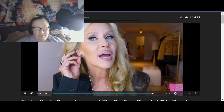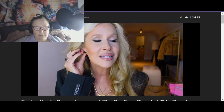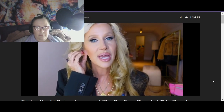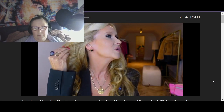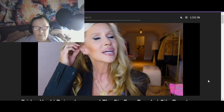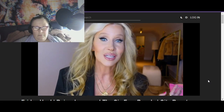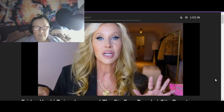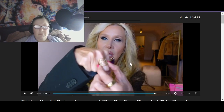For earrings, I have on my big, large knockout studs in onyx. These and the clear quartz ones are must-haves. They go with everything. They're big and pack a punch, but they're not heavy. And someone asked me, did I still have this? And I do. I've just never taken it out because who knows if I would get something back in. If I ever got something else, which this is real gold, I would make sure I got it where someone else could handle that. And then for my rings, I have on...